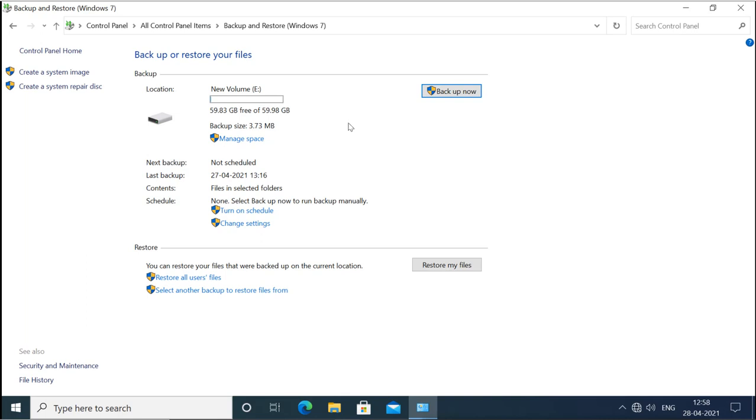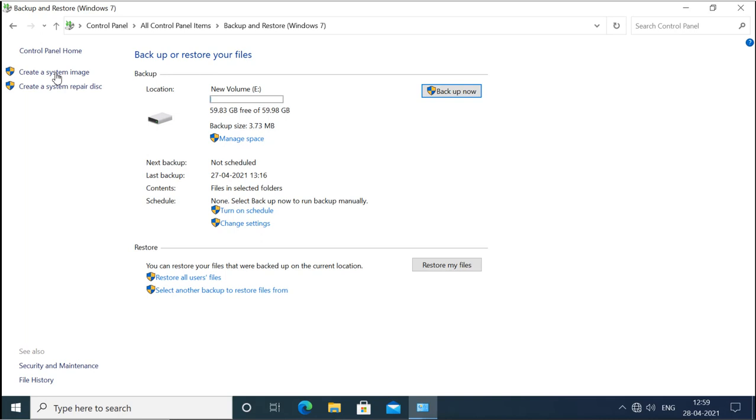And also for recovering your system, you can create the system image. This system image is actually a complete operating system, complete machine backup. You can even restore it on another machine. Suppose you have created the system image, and now you have a system image available. Now suppose your system crashes, completely lost. Then what you will do is reinstall the operating system fresh. And then after installation you will go to backup and restore, and then you will recover it from the system image. And how will you recover from the system image?